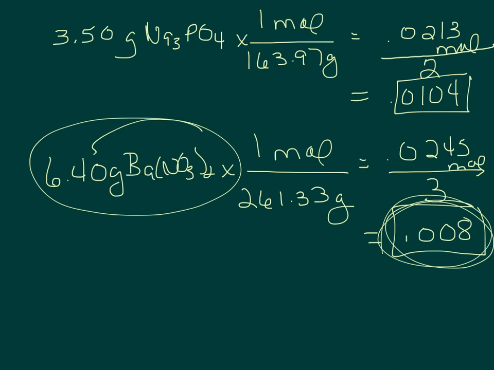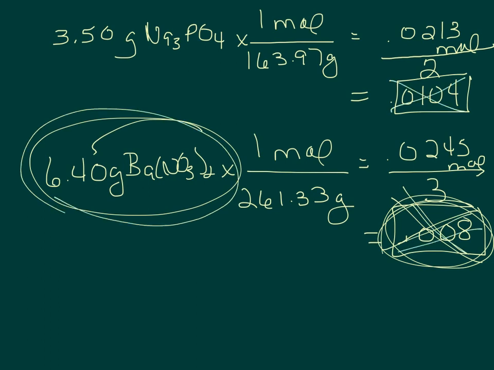Whichever number is the smallest, in this case, this one, is going to tell you that that's your limiting reactant. Once you've determined what the limiting reactant is, get rid of this. This number is meaningless. Okay? And so what you would do then is use your grams of barium nitrate to complete the stoichiometry problem. So we would take our 6.40 grams, convert that to moles,